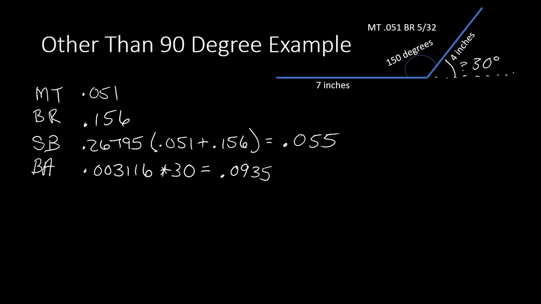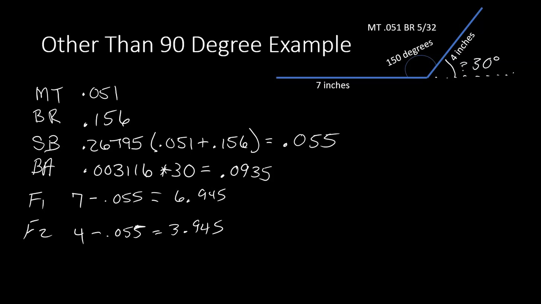What am I going to do with all this information? Oh yeah, I've got flat 1 and flat 2 here. I've got my 7 inches and my 4 inches of desired dimension, minus my setback. So 7 minus 0.055, and I get 6.945, and I will get 3.945, and for my overall length, I would get